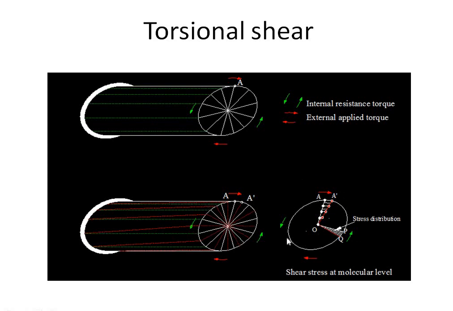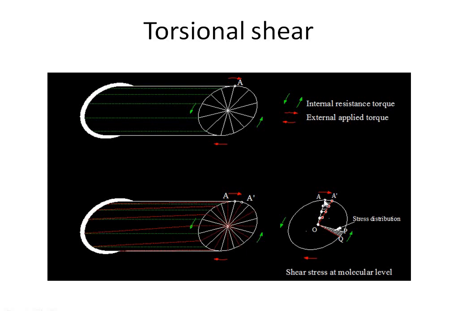Now come to the shear stress at molecular level. Look at the center point O of the cross section of this circular shaft. When moving from O towards A, let's have different molecules in different layers, right? When we are moving radially outwards from O to A,